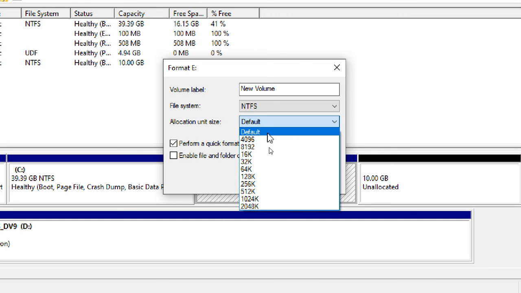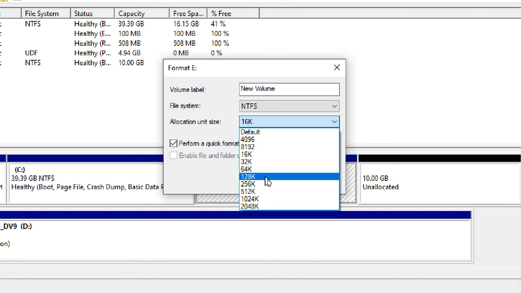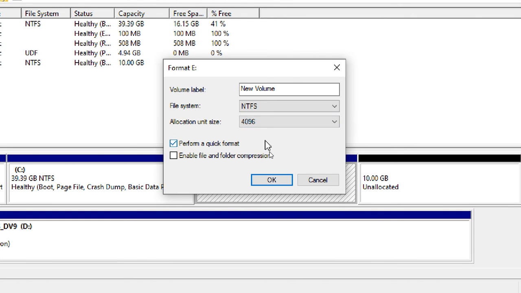It means the number of sectors combined together become a single unit of space. For example, if I select 16K, it means that many sectors combined to become 16K. That is called the cluster size. Here it is 4096, which means 4K, right?